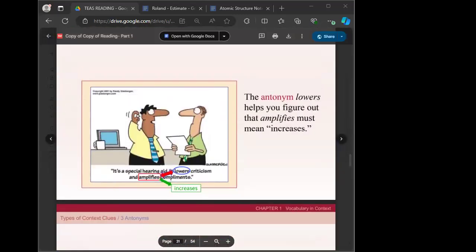Okay, so then that means that amplifies is the opposite of lowers. Okay, now